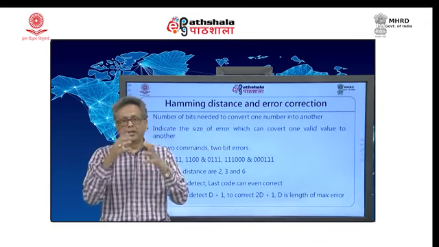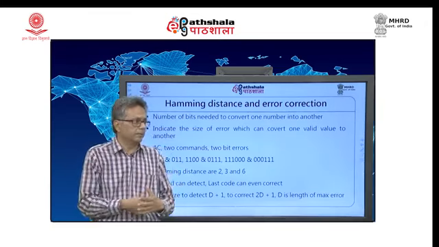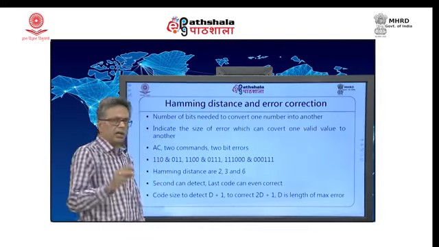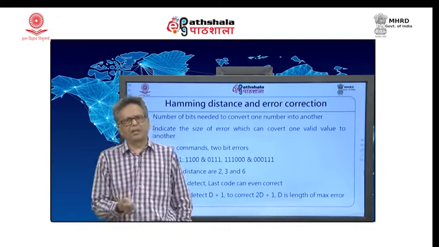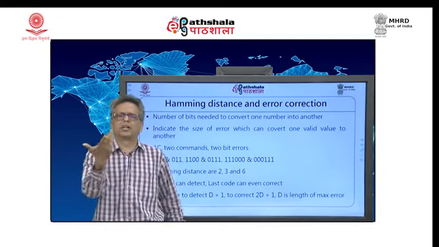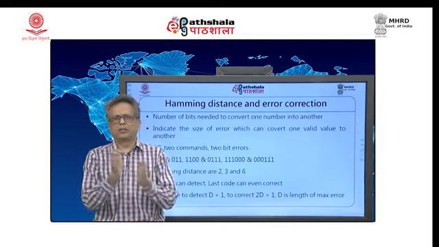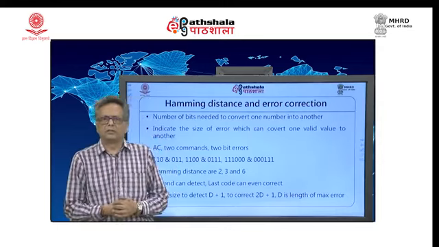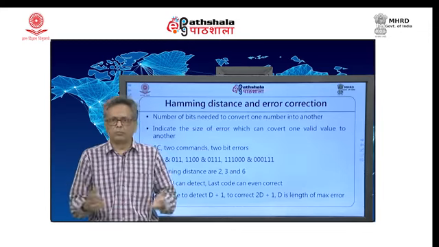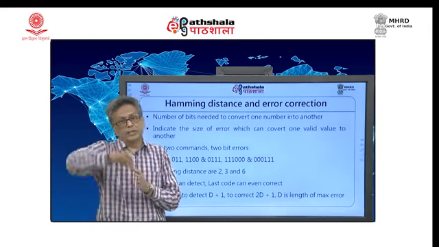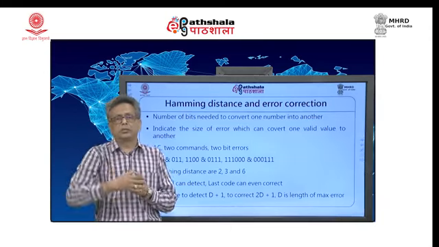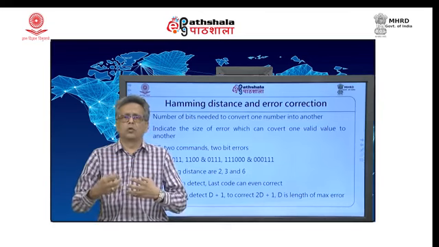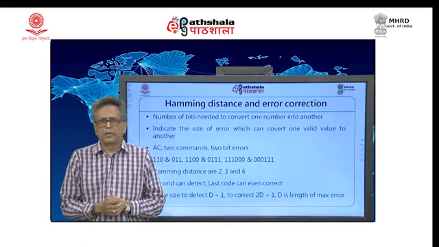For example, say I have an AC, and here are examples given on the screen. I just switch it on and off with a remote control. One is the on button, the other is the off button. When you press on, the command 110 is sent; when you press off, the command 011 is sent. Now, it passes through air and reaches the air conditioner, but the atmosphere is very noisy and my code has every chance to be converted.